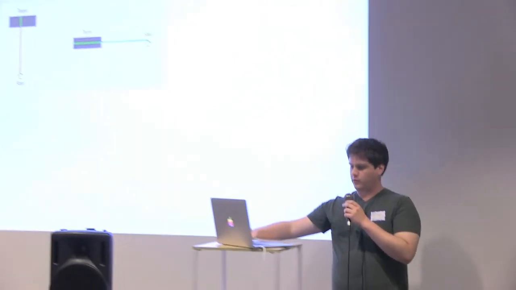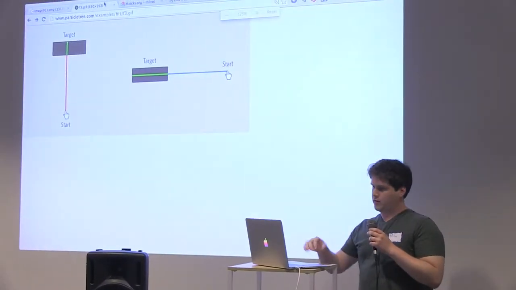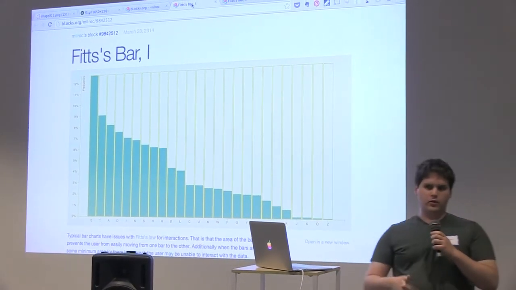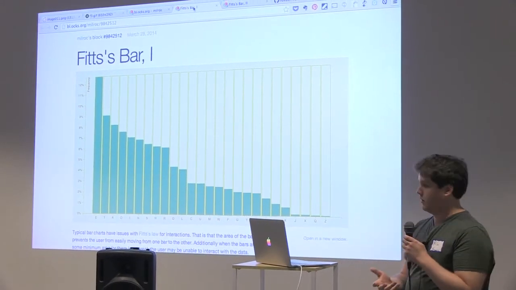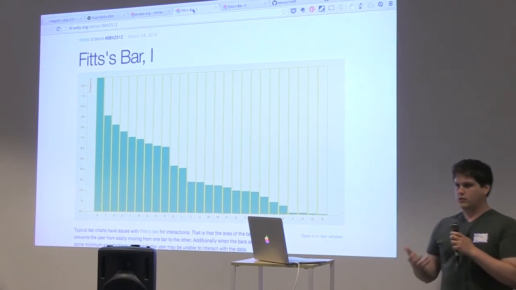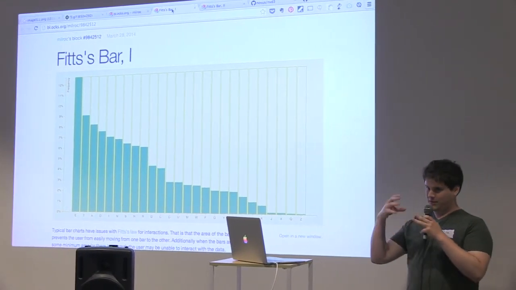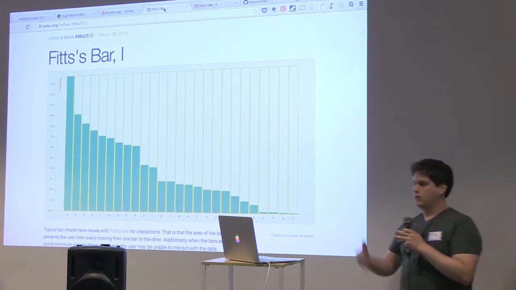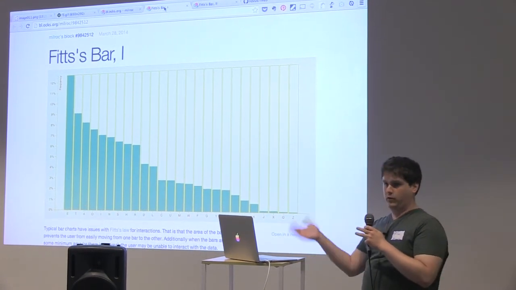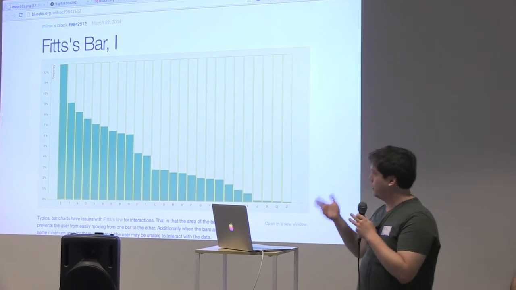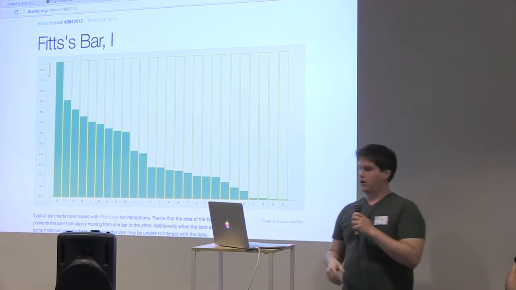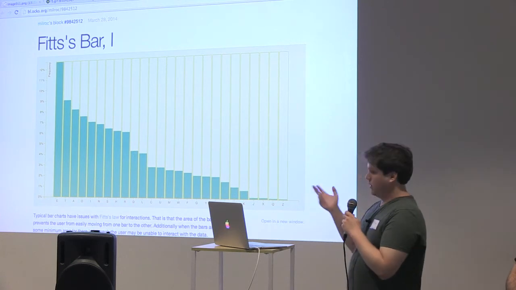So here's another small example of what that basically means. But with data visualization, when you're building interactive data viz, you end up having these issues where the thing that you're trying to interact with is proportionally scaled to the data that you're building your chart on top of. So there are a couple of ways to mitigate this, and in this example, I have Fitzbar,